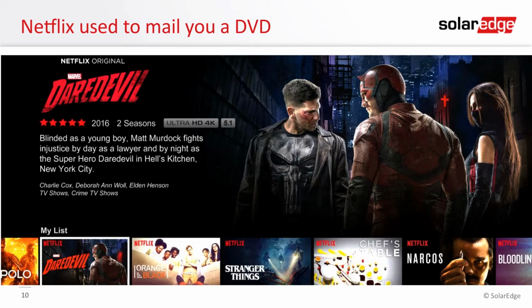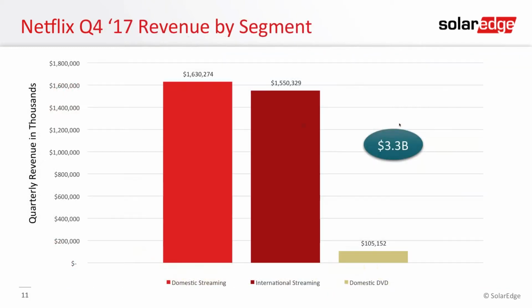This is a company that has pivoted multiple times and has been at the cutting edge of technology from its inception. If I gave you a quiz right now and you were to tell me what percentage of their revenue comes from mailing you a DVD, what would you think that would be? Would you think it would be that small? The red one here is domestic streaming. That's in the United States. The darker red one is international streaming. Mailing you a DVD only in the U.S. market,